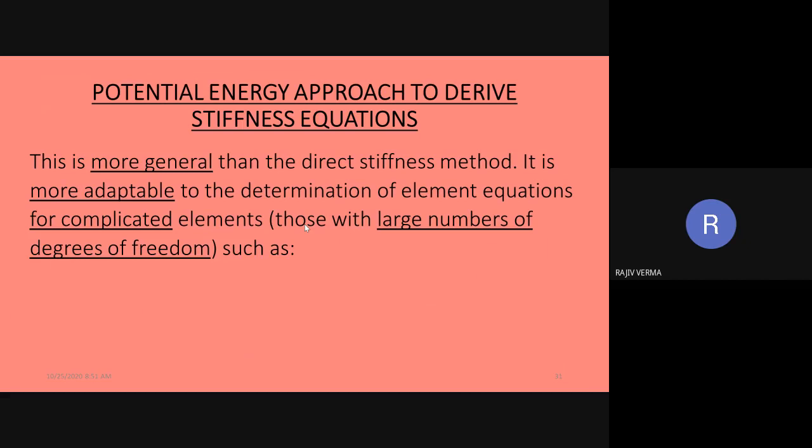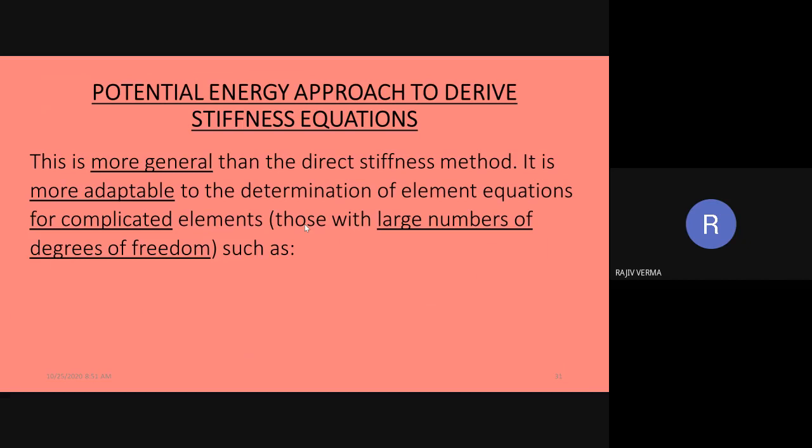The thing is that compared to the direct stiffness method, which we have just used previously, the potential energy approach for deriving the stiffness equation happens to be a more general or more widely used method of finding the stiffness equations. Whenever we have large degrees of freedom of an element, it becomes very difficult to find the stiffness equations using the direct method, which was just illustrated. But for these cases, we are going to use the potential energy approach, and we are actually going to develop